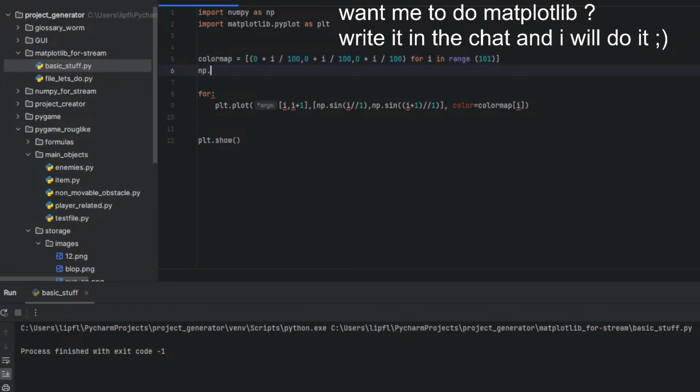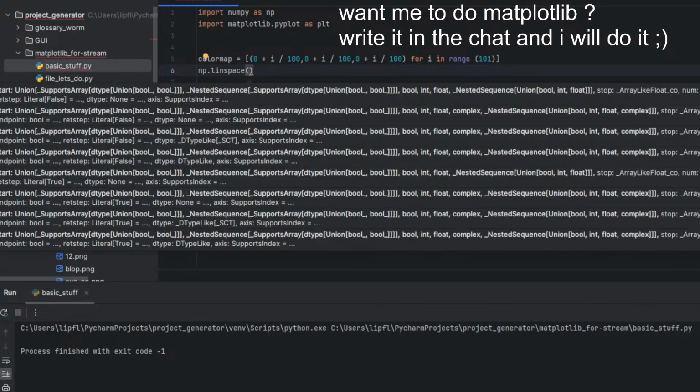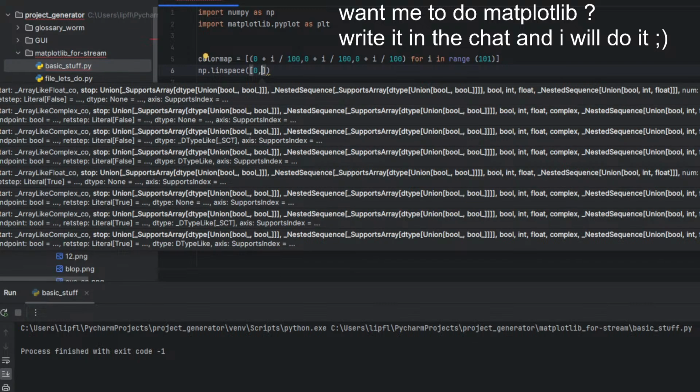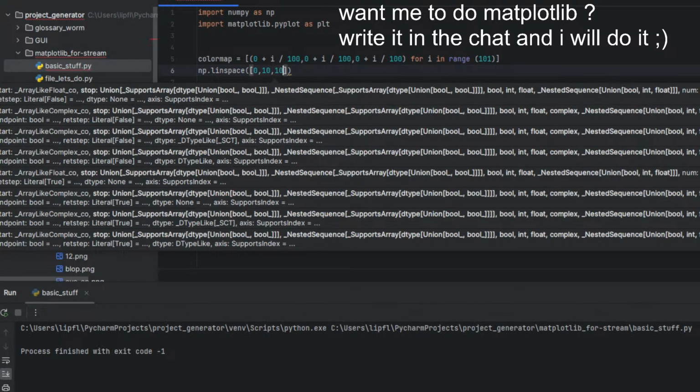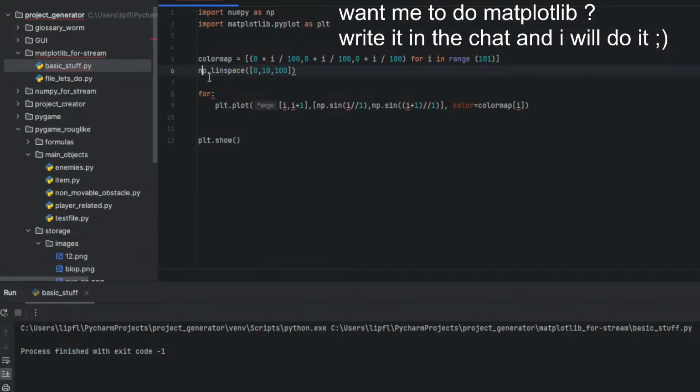Let's say something like np.linspace 0, 10 and 100. Let's call it space equals np.linspace like this.